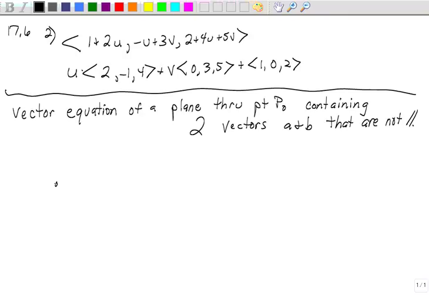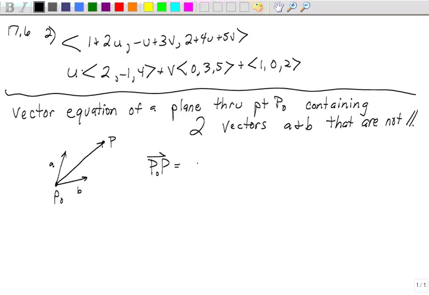Okay, so I have this point P0, and let's put A there and B here, and take another point in the plane. So P0, P,